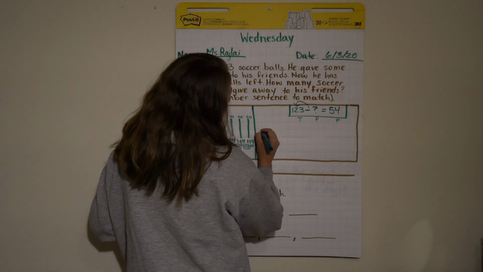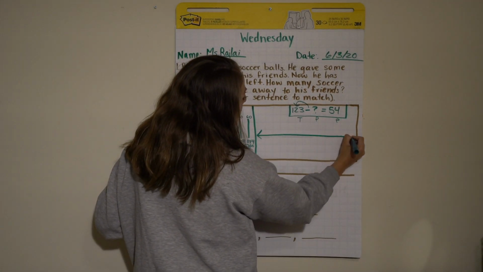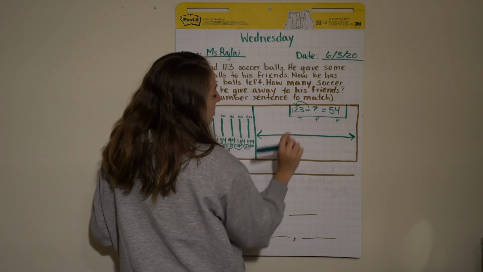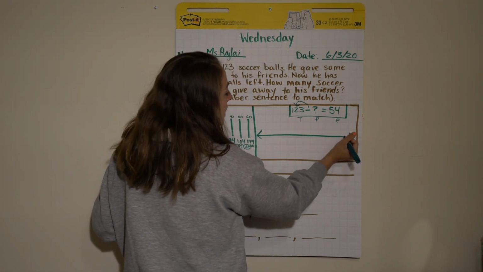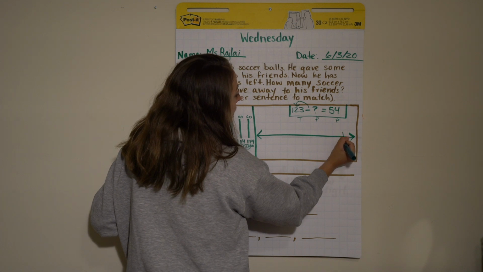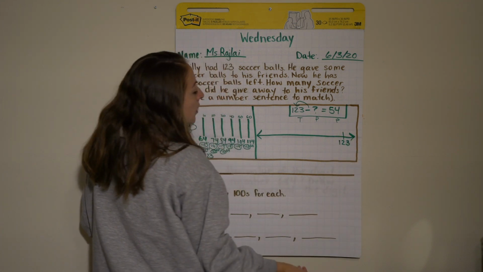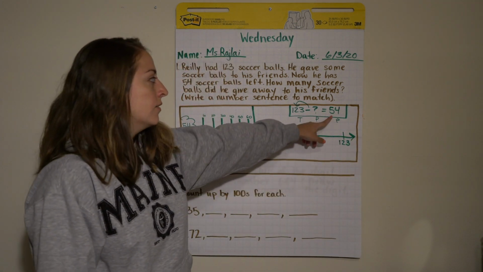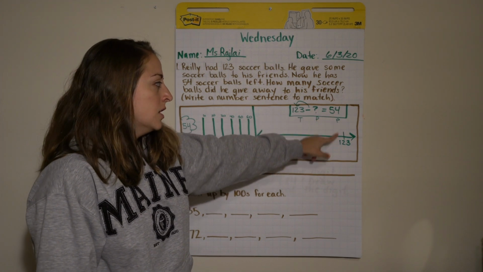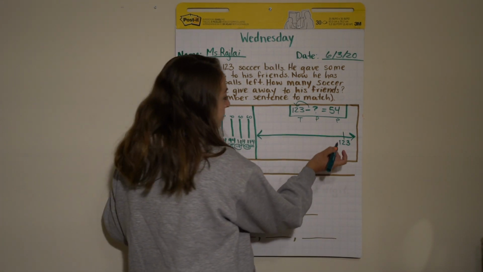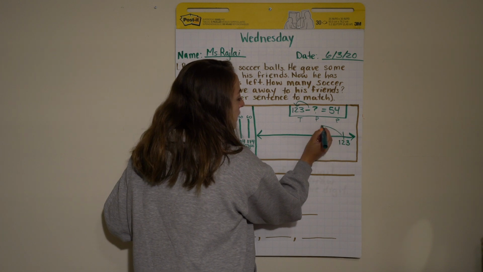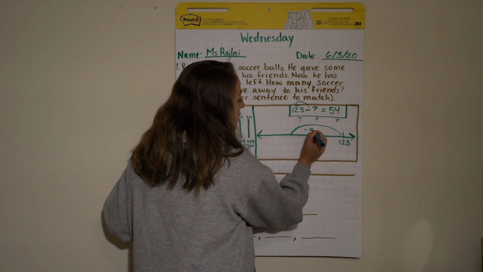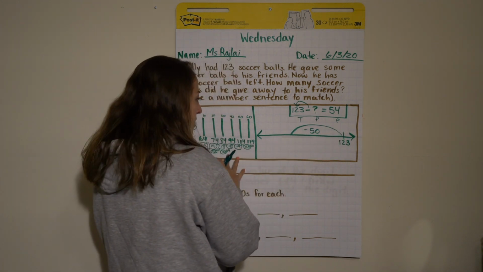Alright, so I'm going to do a different strategy where I subtract and start with my total. So I'm going to go on the right side. Now I'm going to take away 54, okay? So I'm going to do a hop of minus 50, and I'm going to use my fingers and pretend like